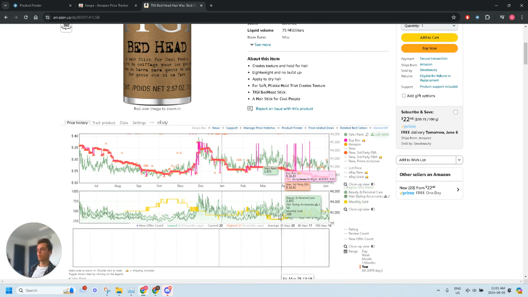But this monthly sold line comes directly from Amazon, and so it is very accurate and a good thing to look at when we're trying to determine how much a listing will sell. It also correlates to the sales rank for the most part, so we can kind of see over here